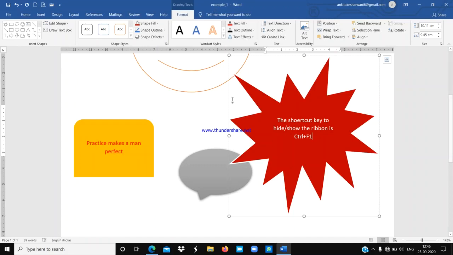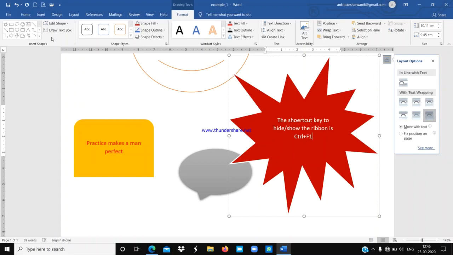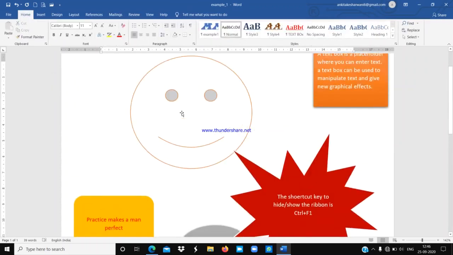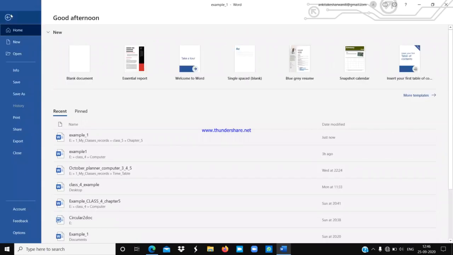Understood? And this is for when you save your file the first time, you have to click on the Save As option. Now I am going to save my file again, so you can simply use the key combination Control plus S from your keyboard. Or you can click on the File tab, then click on the Save option.